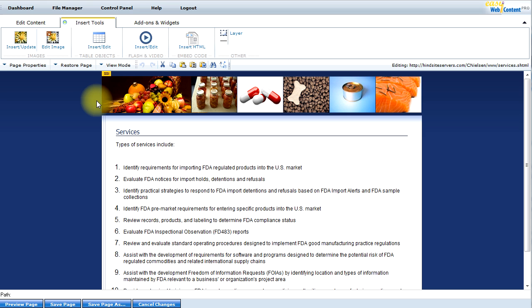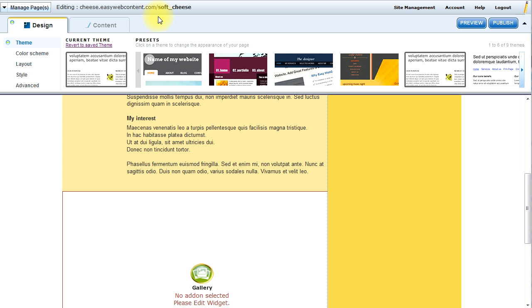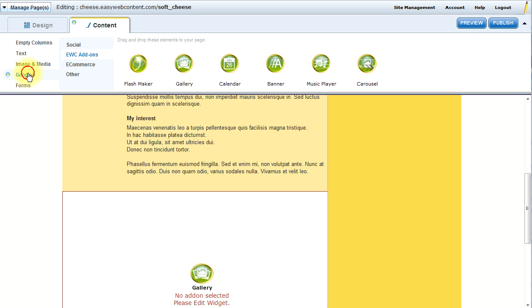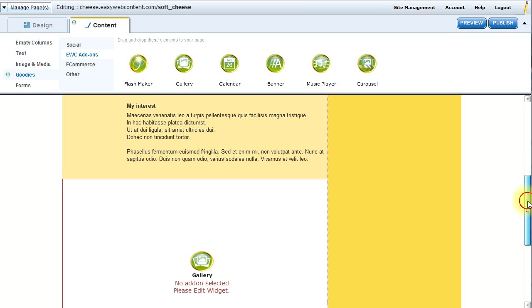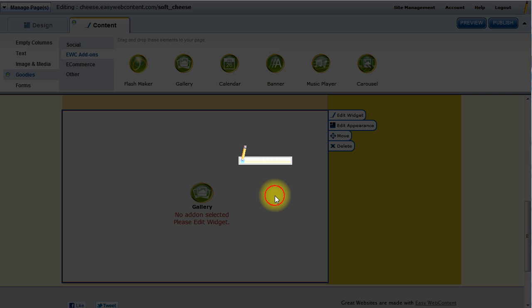If you're within the Easy Web Content HTML editor, you will go to the add-ons and widgets to locate your add-on. In this case, this would be the photo gallery, and then you will click it. If you're using the Easy Web Content Site Builder, you will go to Content, Goodies, and you will find the gallery, and you can drag and drop it directly to your page. In this case, I've already dragged the gallery into my page, so I'm going to double click it and launch